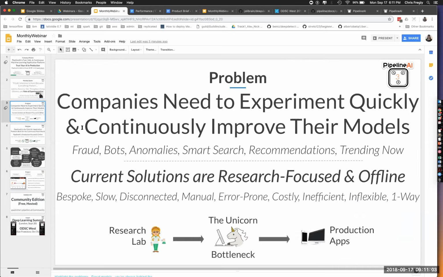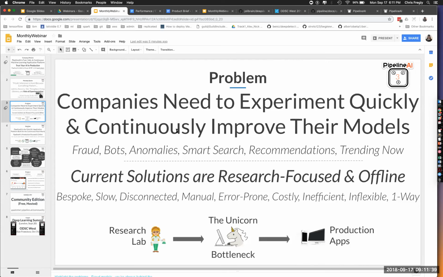Okay, building on the rate of experimentation: if you can wake up in the morning, think of a new idea, come to work and push that model out by lunchtime, factoring in maybe half a day or a full day for model training, that's super powerful. Versus waiting two weeks, four weeks for it to snap into the application development cycle or the ML engineer cycle, the sort of unicorn bottleneck we call this.